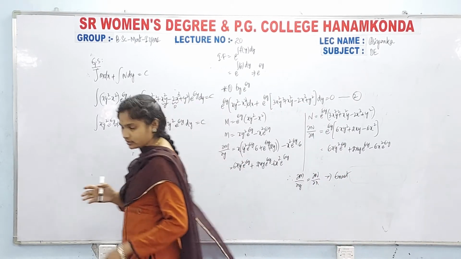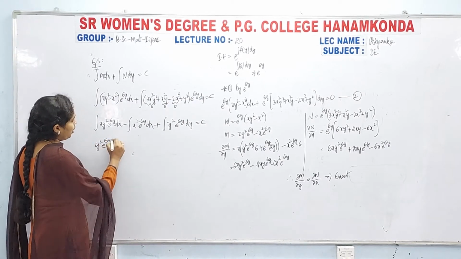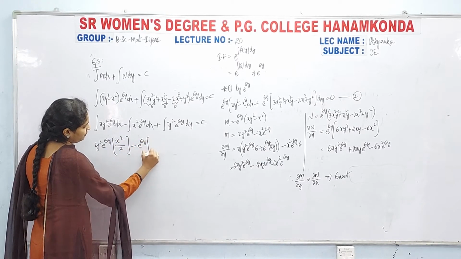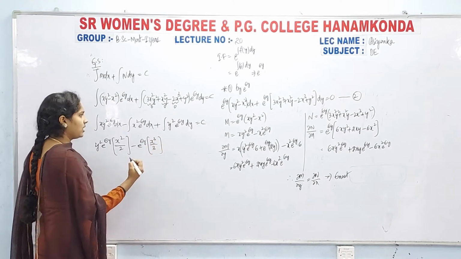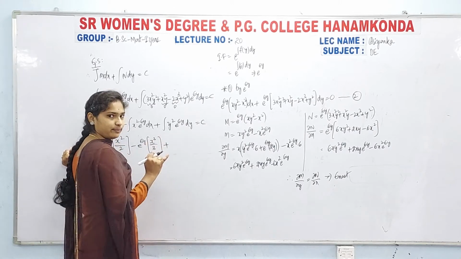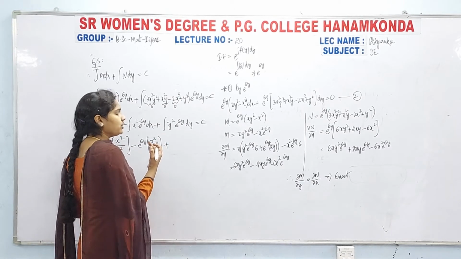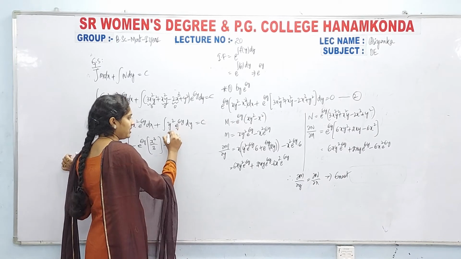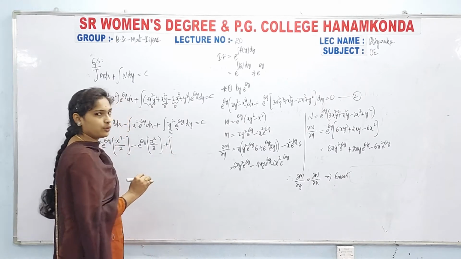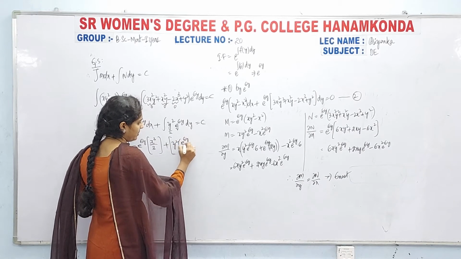Now coming to this one, directly what we get here is y square e power 6y of x square by 2 minus e power 6y of x cube by 3 plus integration of u into v, because here we have an exponential and some function. In this, what is u and what is v? Exponential is nothing but v and this is nothing but u. Otherwise we can take the formula u v dash, u is as it is and the integral of this one is e power 6y by 6.